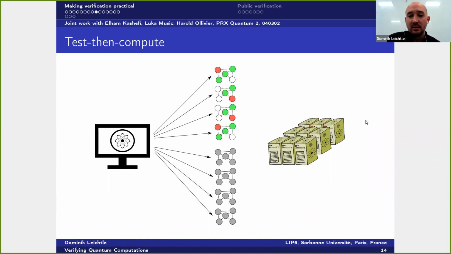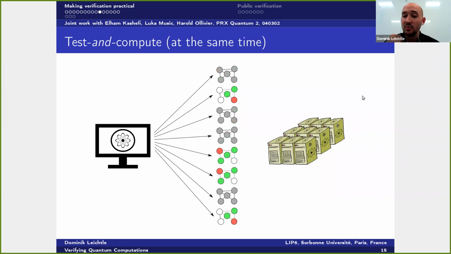So to put this together, one could first perform some kind of tests on our device. The client could first test the device, and then if it's good enough, perform the computation. But this is not good enough to get verification, because the server could change its behavior in between. Obviously, it could perform the tests honestly, then change its behavior and become malicious. So what we need to do is